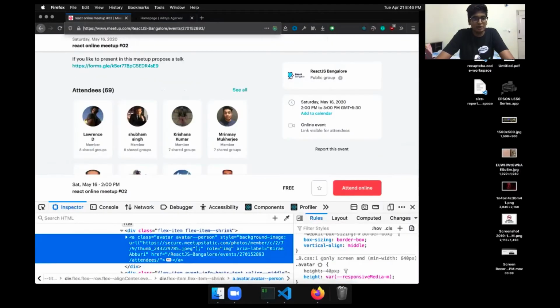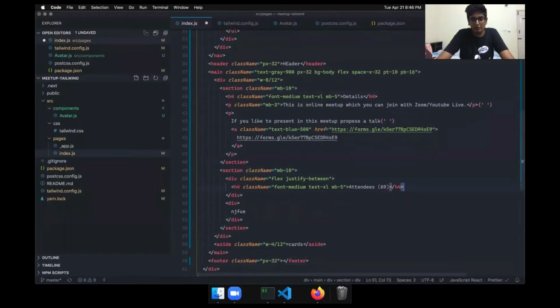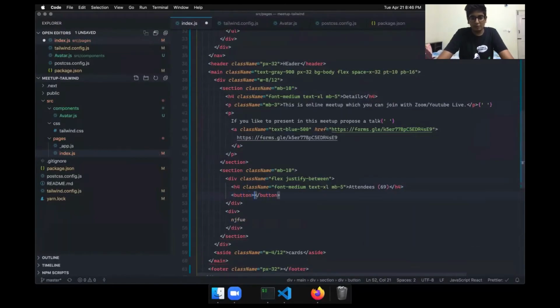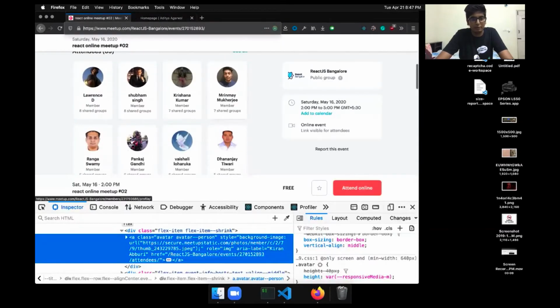And then let's try this thing. It should actually be a button, and it should say see all. And now this will have the same class as the text we had for the link. So it will be text blue 500. Good, looks good. And now on to the CSS grid part.